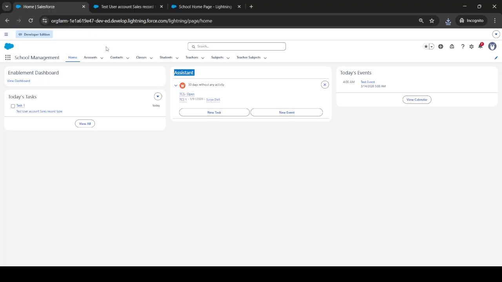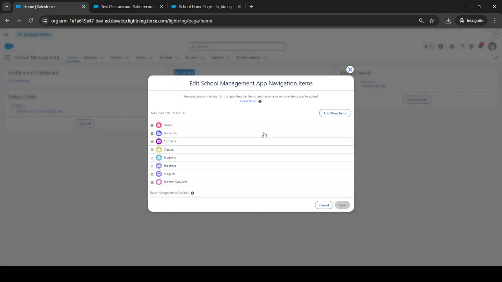So, in the last session, we had created a home page in our school management app, and we placed our newly created home page in our school management app using the app manager. And from here, what we had done is we clicked on this reset navigation to default. So our default home page was removed from here, and the original homepage that we had created is just